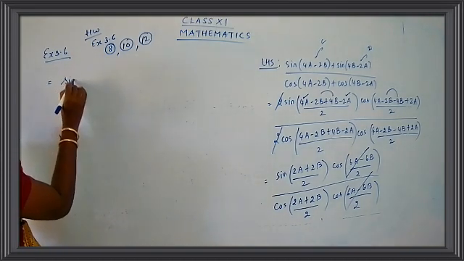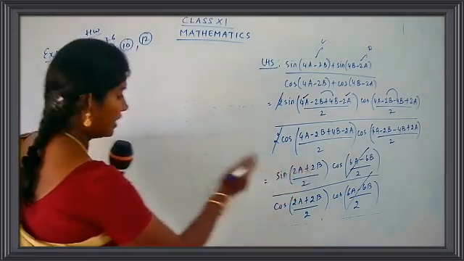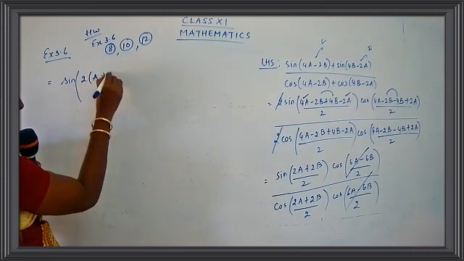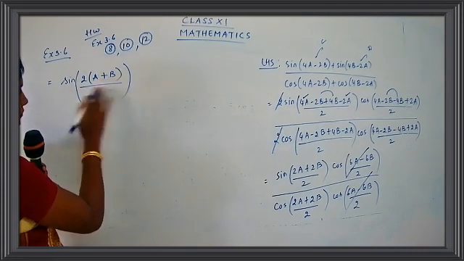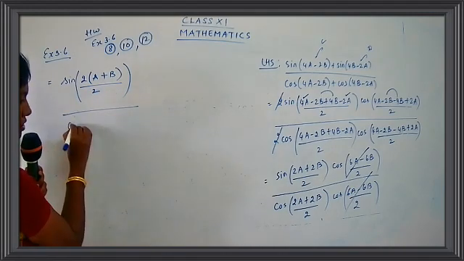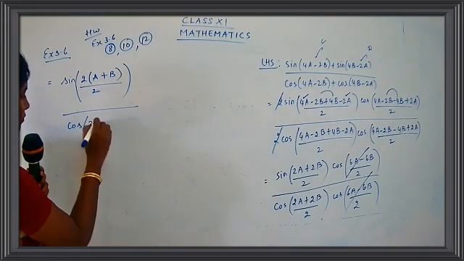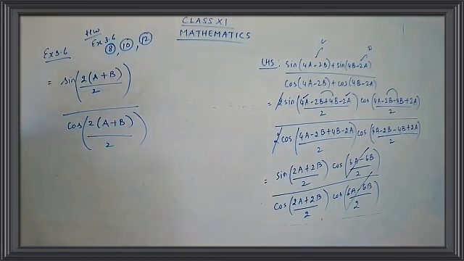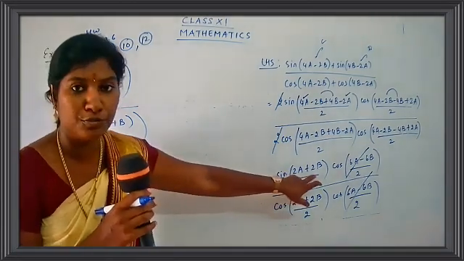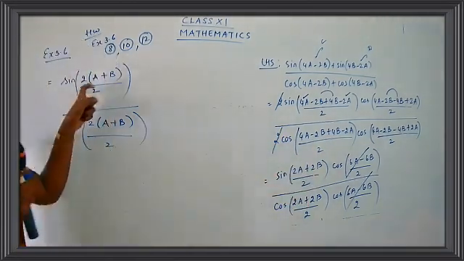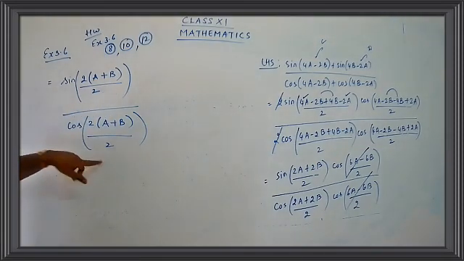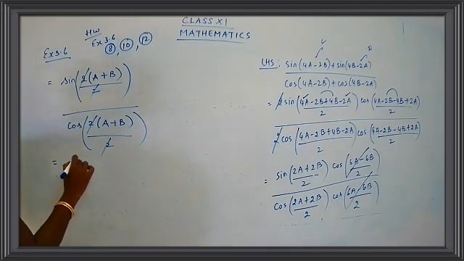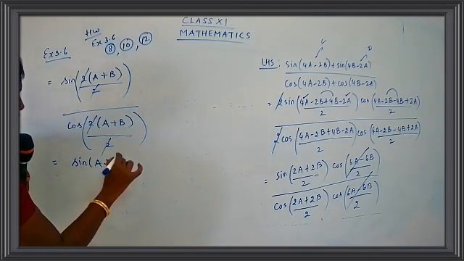This is sine of. Now we have 2 common in the numerators. Okay, we'll take 2 common. It's in the inner bracket only. 2(a plus b) upon 2, upon cos. Again we can take common 2(a plus b) upon 2. Be careful, children. Just see the terms carefully. This is 2a plus 2b. So you can take 2 common from the numerator. So I get 2(a plus b) upon 2, 2(a plus b) upon 2. So we can cancel 2 and 2. Again we can cancel 2 and 2. So what is left here? Sine of a plus b upon cos of a plus b.